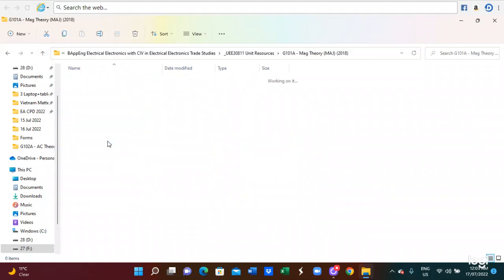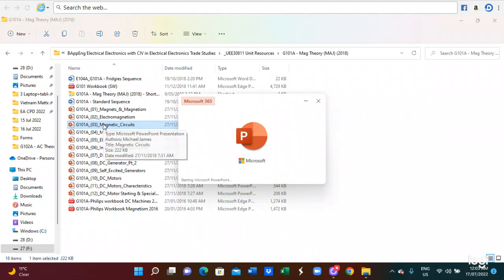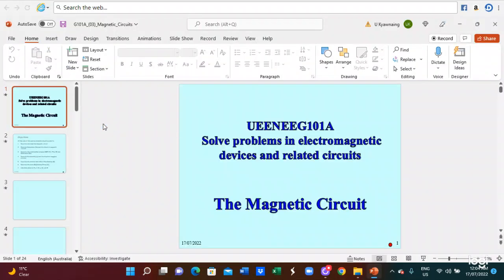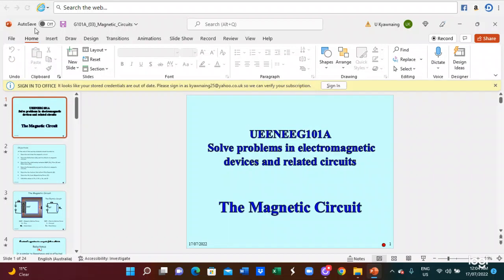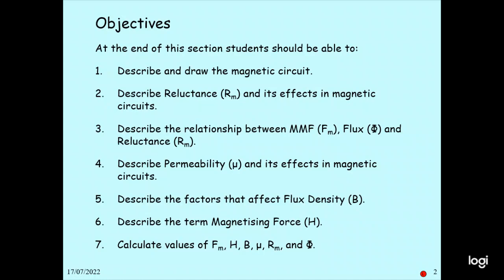Magnetic theory 3-4. So this is what we call the magnetic circuit. The objectives at the end of this session: students should be able to describe and draw